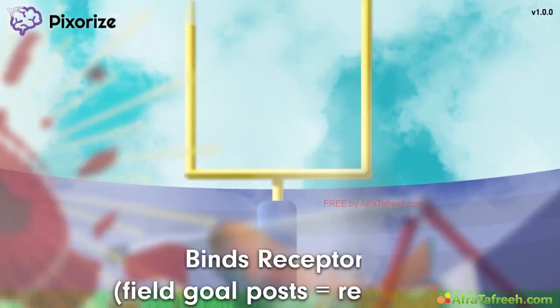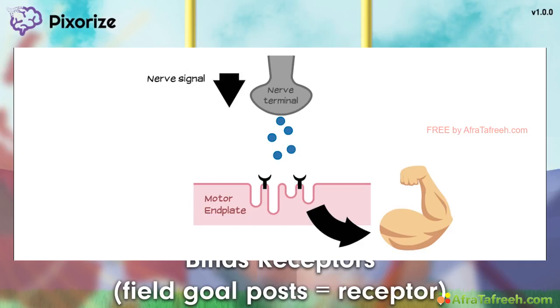Finally, notice the posts of the field goal over there. That was the initial goal of the sensor shoes, to measure the force of my kick into that field goal. By the way, don't the posts of this field goal remind you of a receptor? Since a receptor is often drawn to look like this field goal in biology. This should help you remember that another manifestation of type 2 hypersensitivity is binding of receptors by antibodies, which impairs their functionality. The most classic example of this is myasthenia gravis, in which antibodies bind to and block acetylcholine receptors